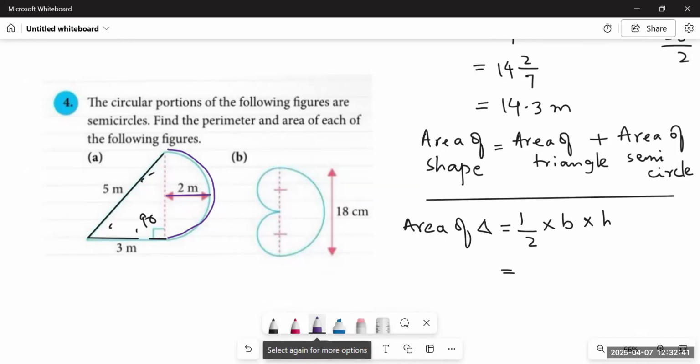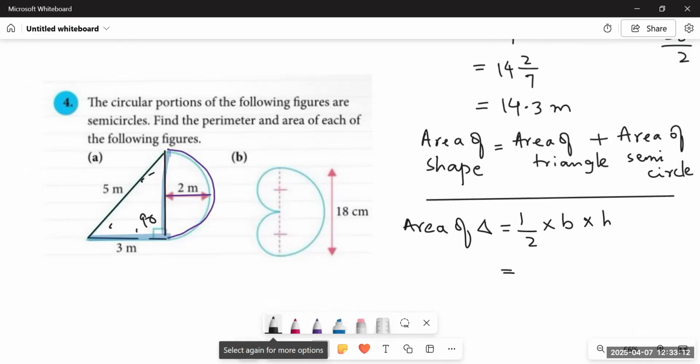So if you take one of the sides as the base, the other side would be the height. In this case, the height is the diameter of this semicircle. You see, this is also the diameter. So the diameter of the circle and the height of the triangle are the single line. This line expresses both the diameter of the given semicircle and the height of the triangle.